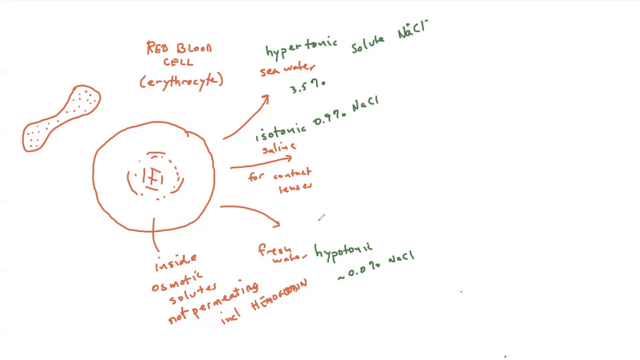Okay. And basically what we're saying here is that in hypertonic, this is too high of a concentration of salt. In hypotonic, this is too low of a concentration of salt. Whereas in the isotonic saline, we've reached that Goldilocks position where we're just right. And just right means that we match the osmotic concentration